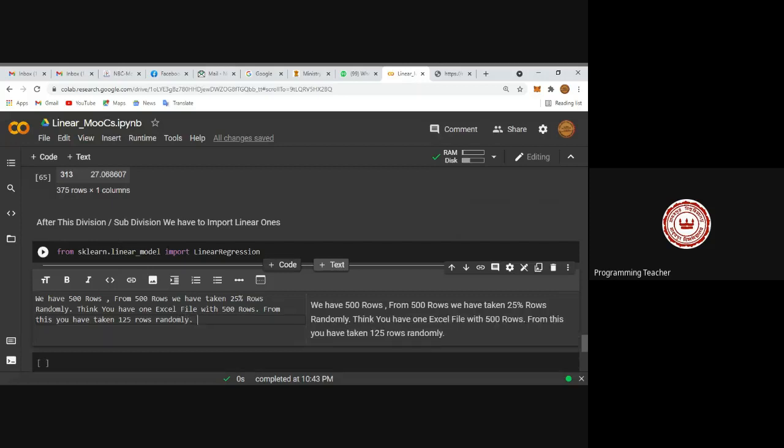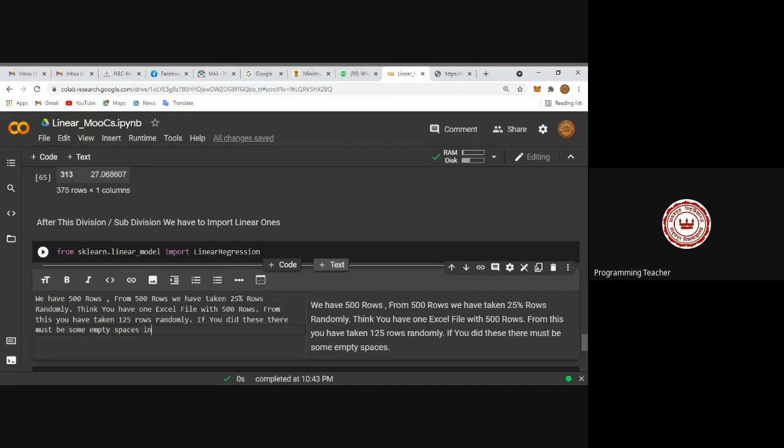What is going to happen? If you did this, there must be some empty spaces in your Excel file. Yes or no? Obviously, yes. From 500 rows, you are fetching 125 rows in a random way.